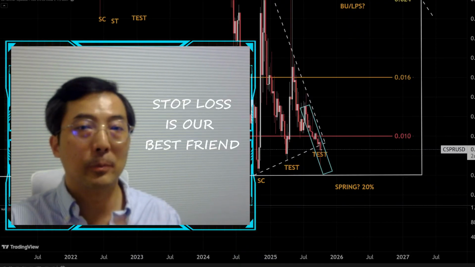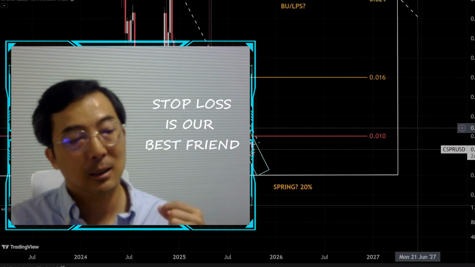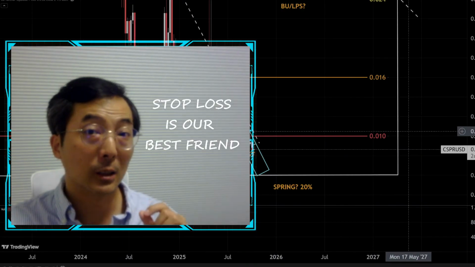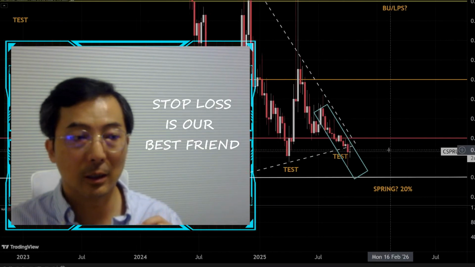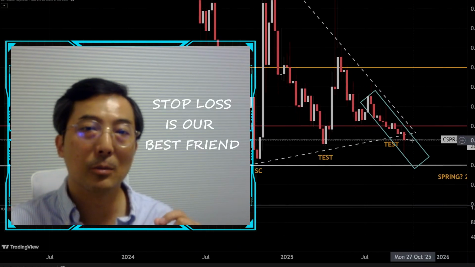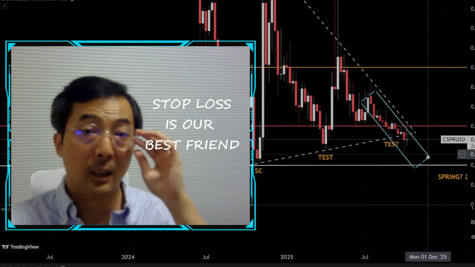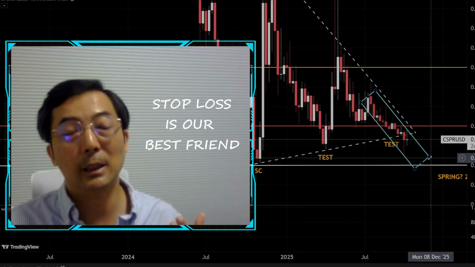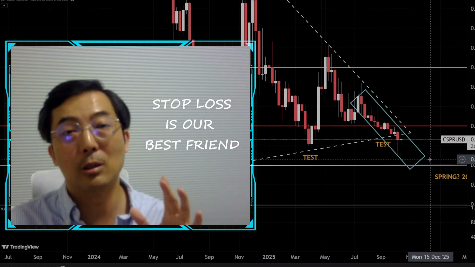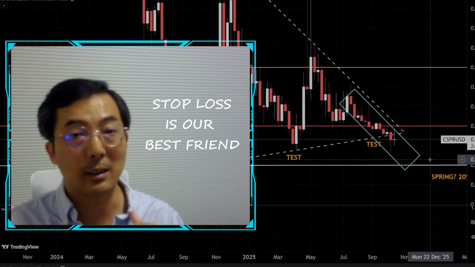Over the past couple of days, after the outlier event, Casper seems to be finding an equilibrium position. If we look at this white candlestick over here, the bulls and the bears seem to be agreeing on the current price point, at least for the short term. However, it's still within the downward channel. And when we get closer to take a look in the daily chart, we'll see it's been rejected from the